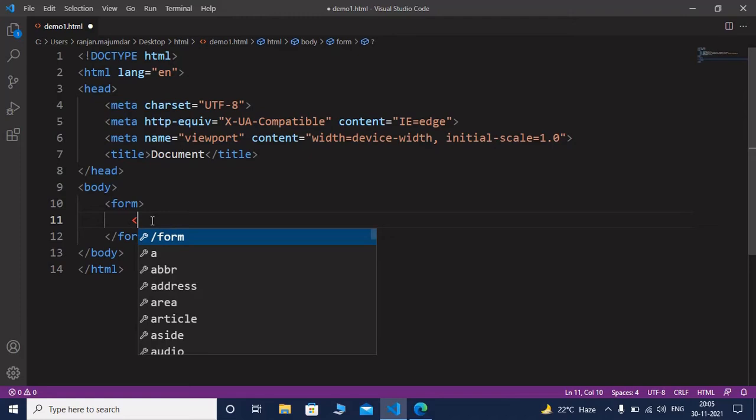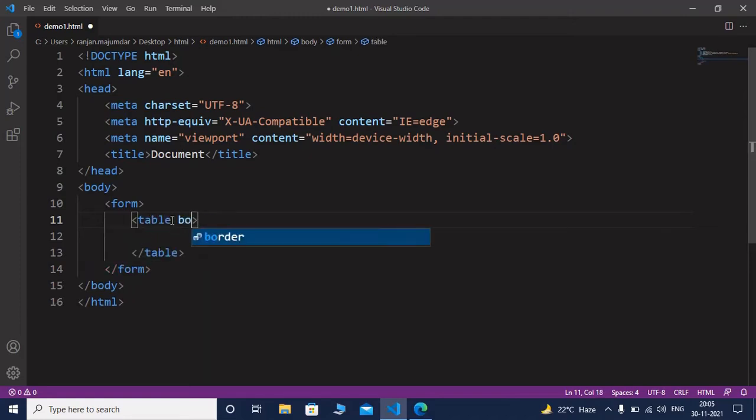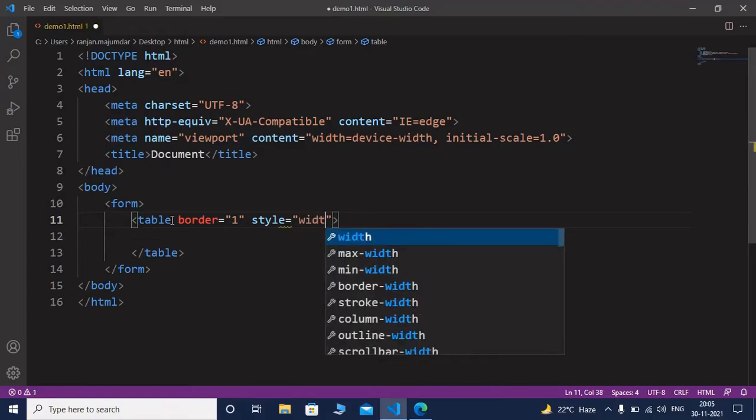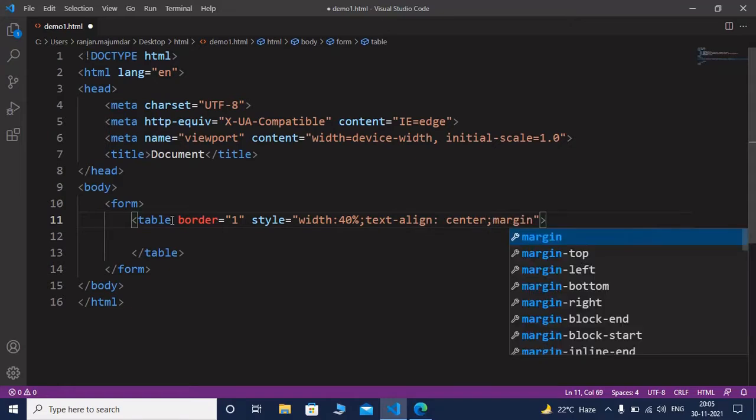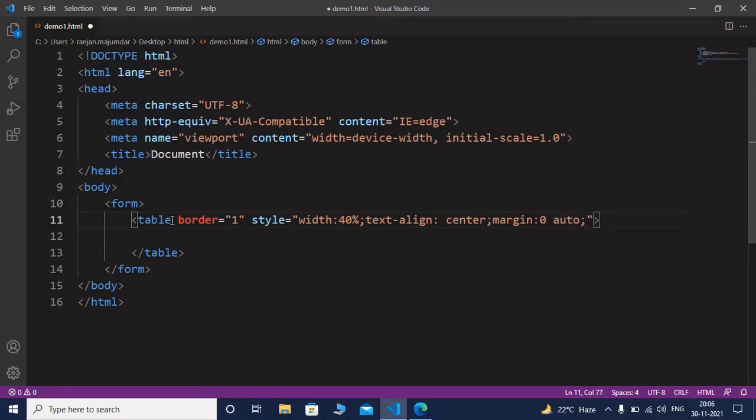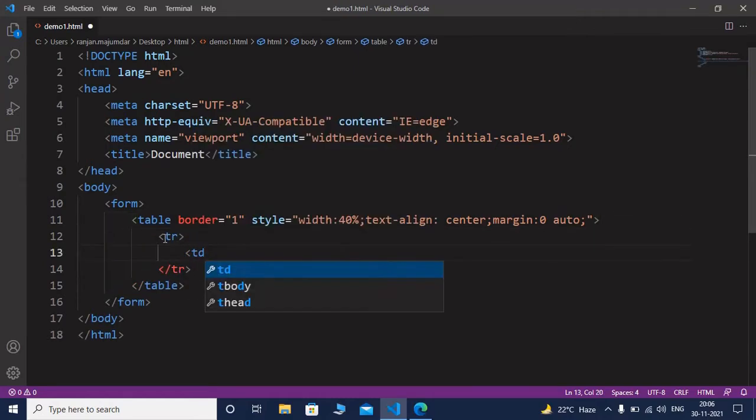Here I am using a table, using table argument border 1, using global attribute style with width 40%, text align center, margin 0 auto. In my previous videos, I explained all these things. That means I explained inline CSS properties with text align and margin, TR for table row, TD thing. At first I am writing the label,